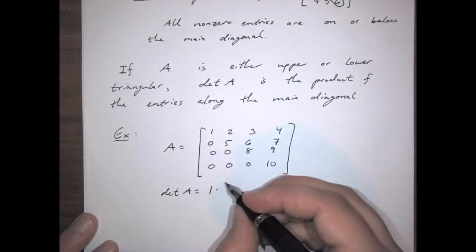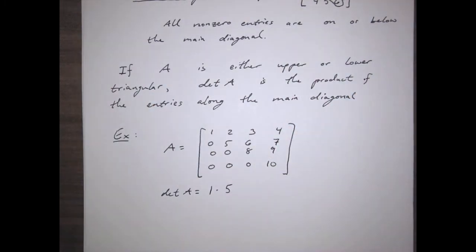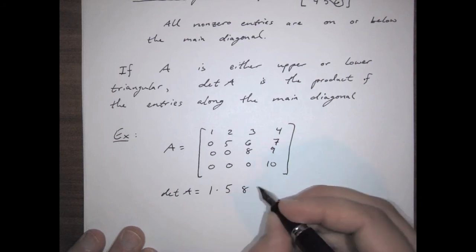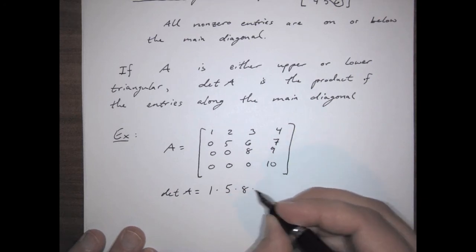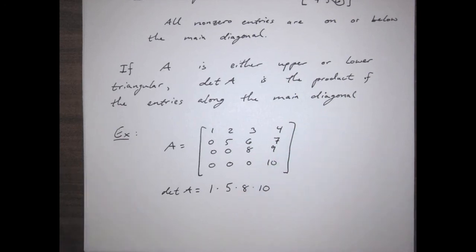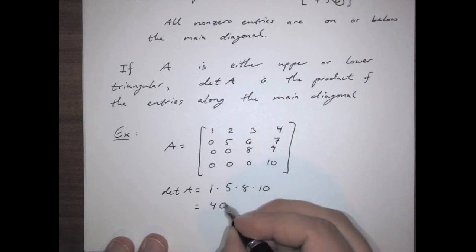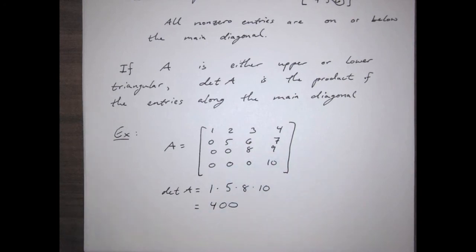And then that'll be 5 times the submatrix, which will also be upper diagonal, which will then be 8 times 10 minus 9 times 0. So it's 1 times 5 times 8 times 10, which would be 400. So that was a walk in the park. And an even more special case of an even easier determinant. So thus,